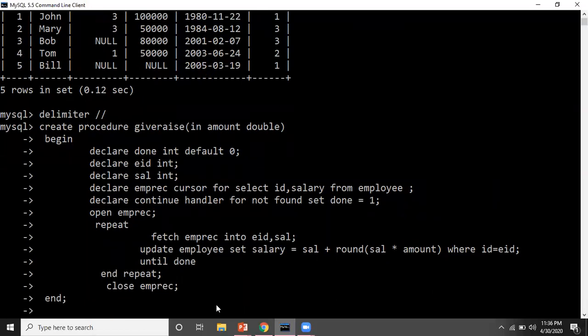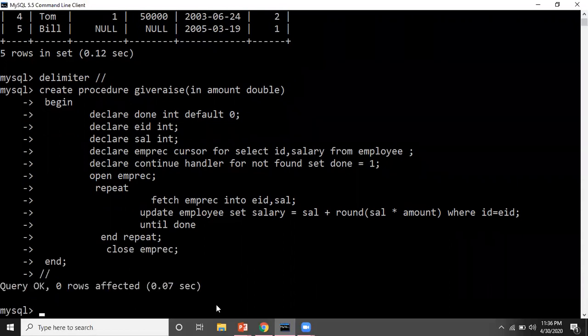Now why is it not showing anything? Because I have not kept the delimiter. What is my delimiter? These double slashes are the delimiter. Fine. So when I press enter here, it is okay. So this code is okay. Without any error, this code is running. Okay. Now next what? Next, just understand this once again.